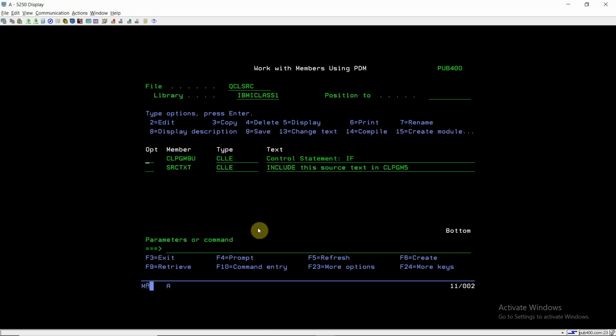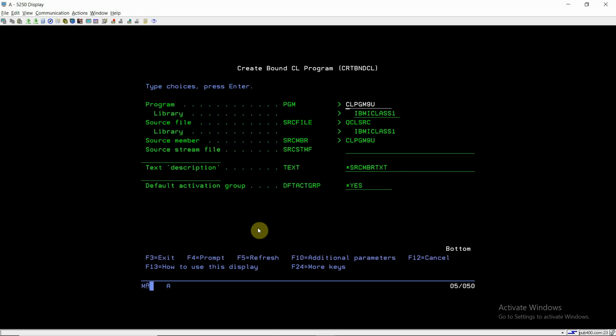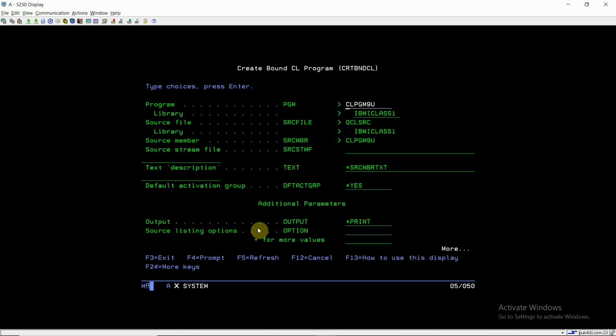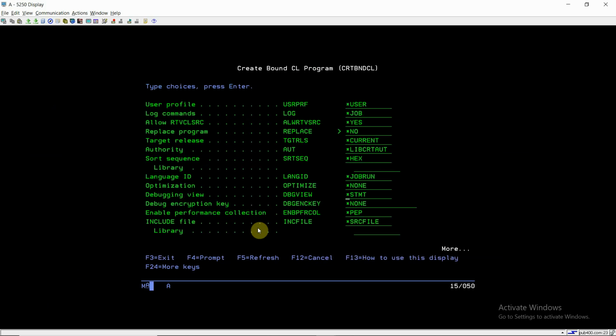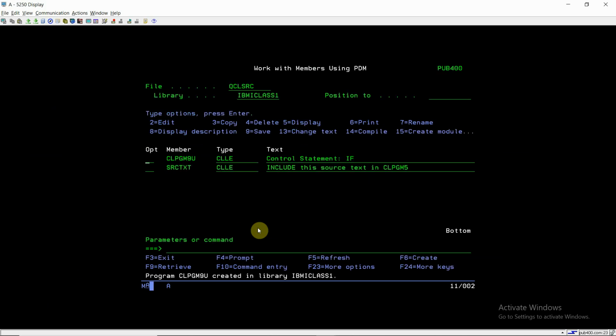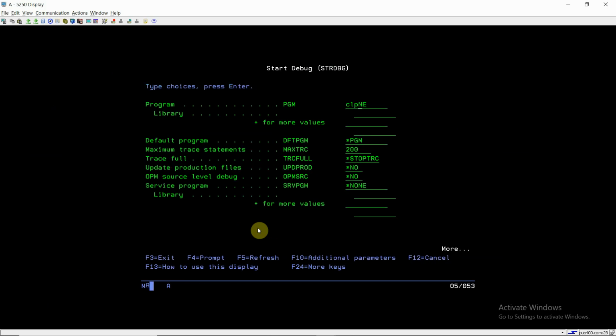So just compile this program using debug with *SOURCE. This program has been compiled successfully. Now we will debug this program. CALL PGM9.